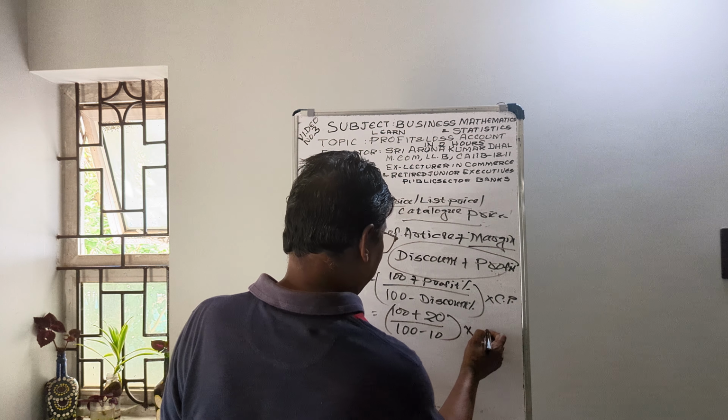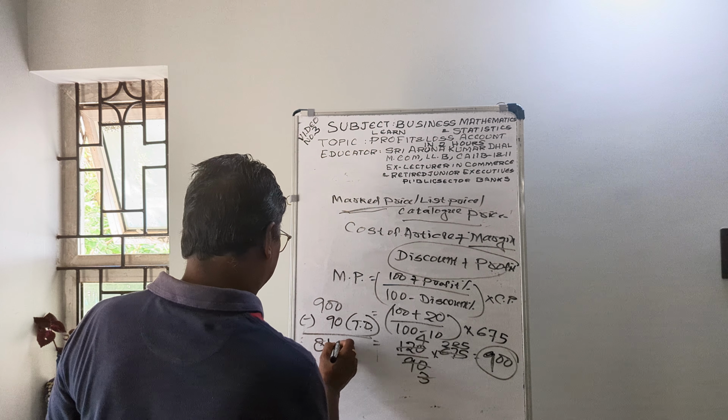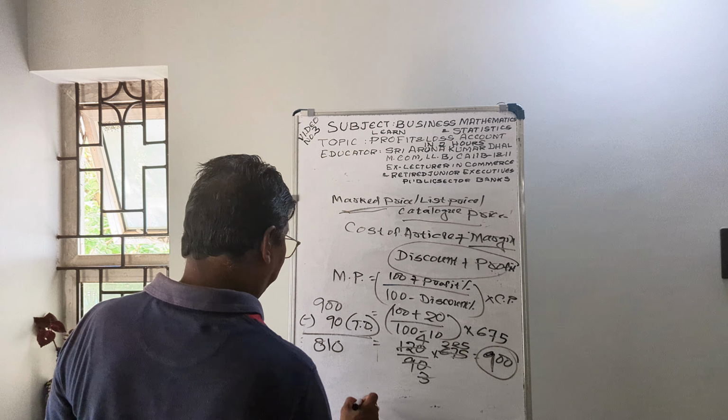That we can prove also. So how will we prove it? Mark price is 900. From the mark price, we will deduct the trade discount 10%. 10% is 90 rupees, that is the trade discount. We will deduct it from the catalog price. So from the mark price or catalog price or list price, we will get 810 as the sales price. Then profit is given